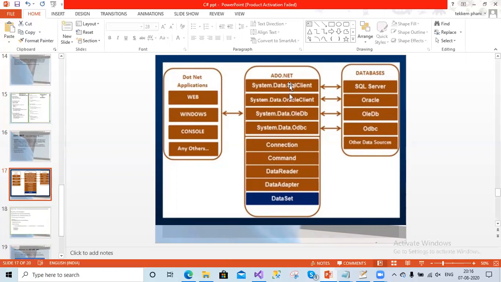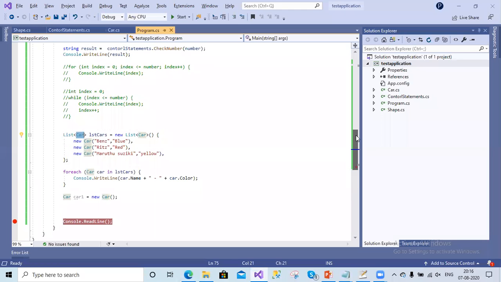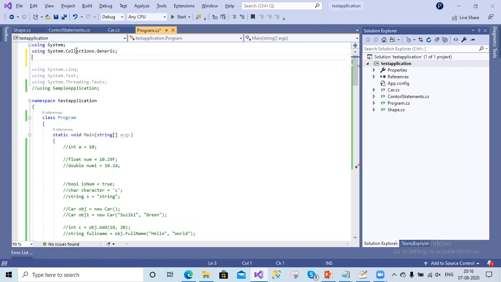So these are the service providers that are already given within the .NET framework. SQL client is a predefined class that is there in using System.Data.SqlClient. If you see some of the usings here, these are the packages given by the framework. So if I want to use SQL client, I have to use using System.Data.